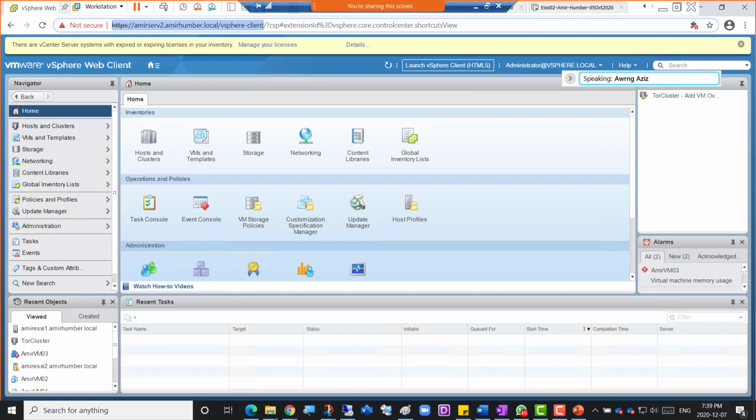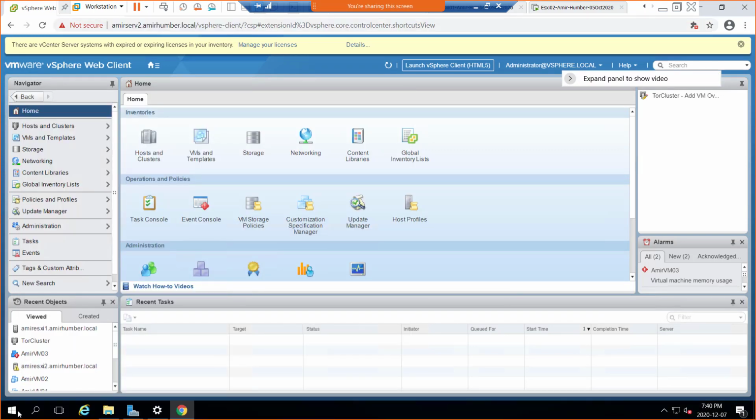It's serve dot humber dot local slash vsphere-client. Thank you.